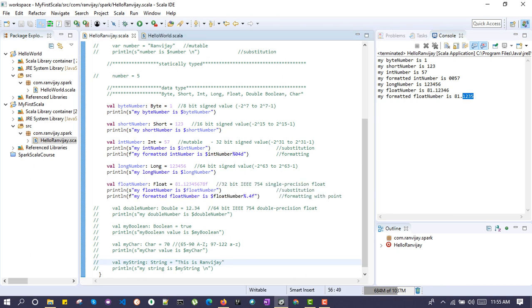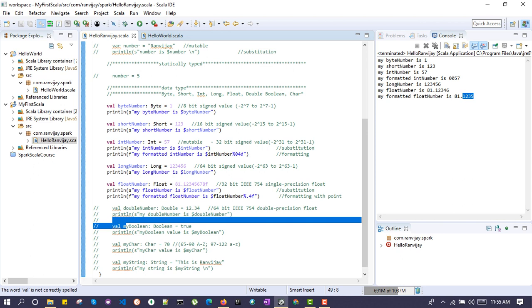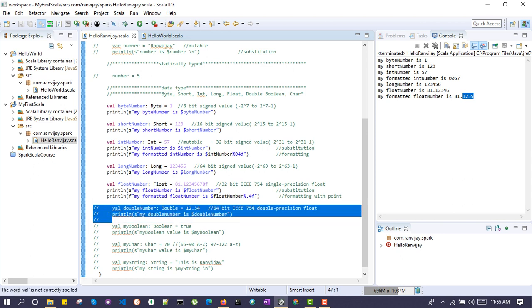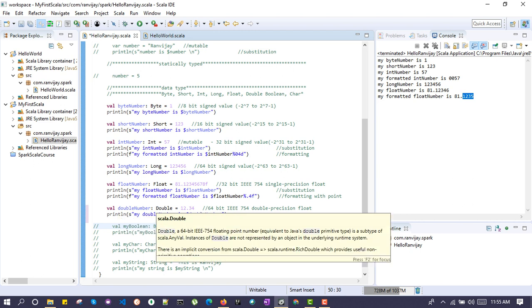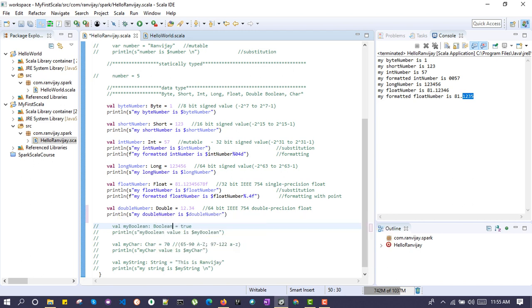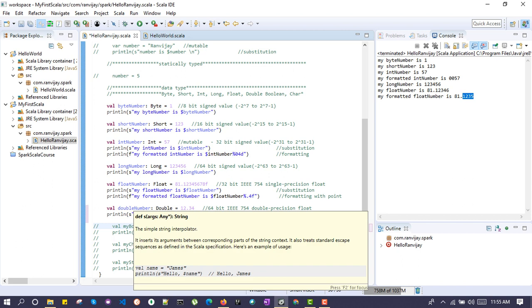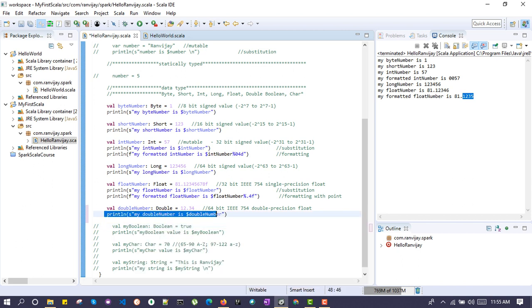Now another data type is double. So the difference between double and float is the same as the difference between long and int. It's just if you have a data of big size, then go with the double, else go with the float value. So it's the same again, and declare the variable name of the type double, then assign some value, and again the displaying followed the same pattern.